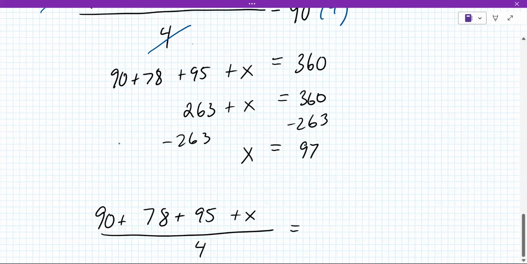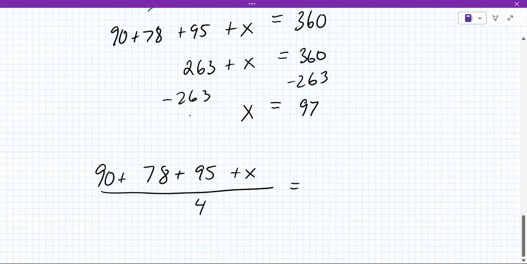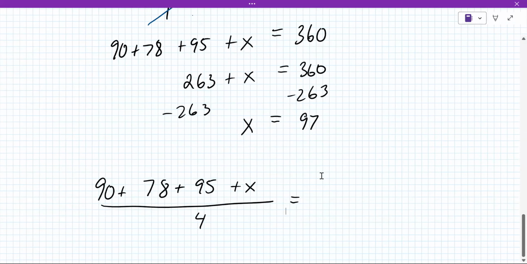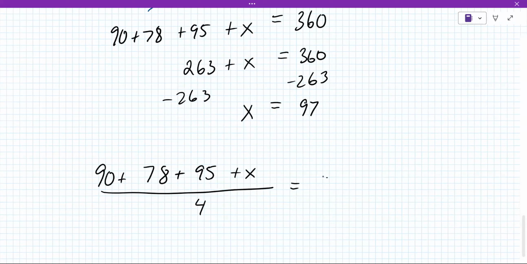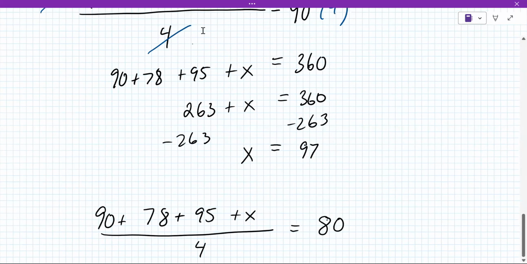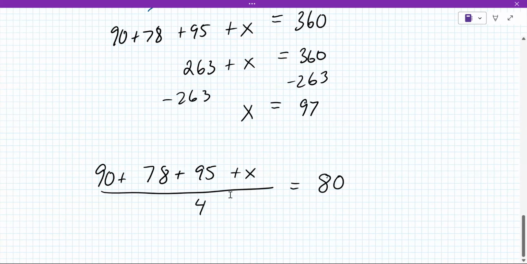What number is usually associated with a B or really low B? Like 90 is an A. What's the next threshold? 80. Let's go 80, 80 and up. So I want you to do the same thing we just did, solving this equation for x, but with 80. And I think you'll be very surprised at how small this number actually is. Do you understand what I'm asking? Do you feel like you can do that here?